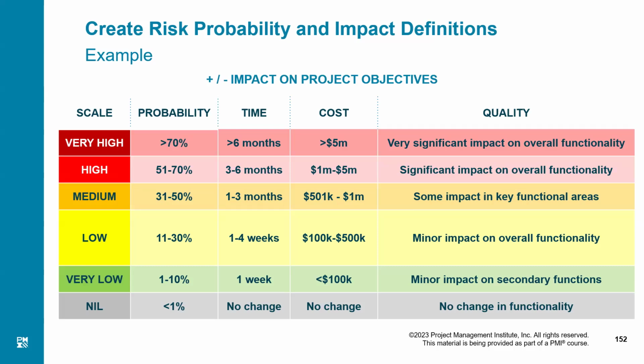Time. For example, if there is a delay of 1 week, we consider that very low. I am not saying that this is going to be true for your case. Maybe you have to amend these limits from your project risk management point of view. But anyways, the example given here is 1 week is considered very low, 1 to 4 weeks delay is considered low, and 1 to 3 months delay is considered medium, 3 to 6 months delay is considered high, and anything more than 6 months delay would be considered very high. Anyways, you can create your scale.